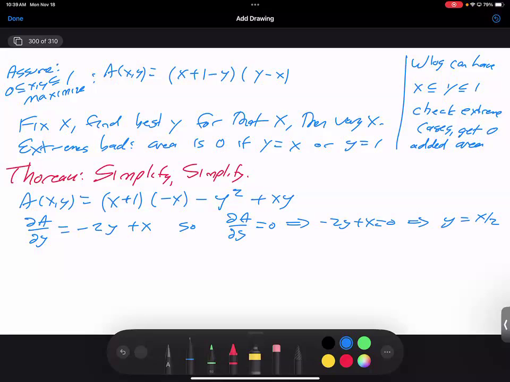And so now we get A of x. I'll do it this way. I'll call a new function area of x, which is going to be A of x, and then y is x halves. And that's going to be x plus 1 minus x halves. So that's x halves plus 1, right? And then y minus x is going to be, wait